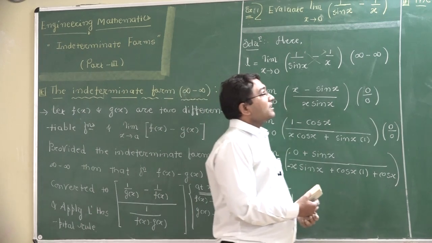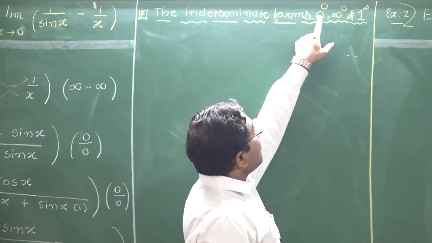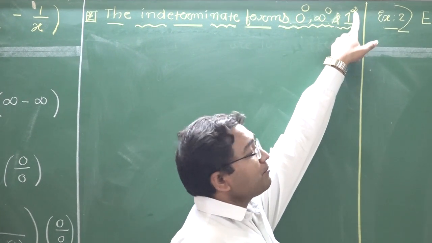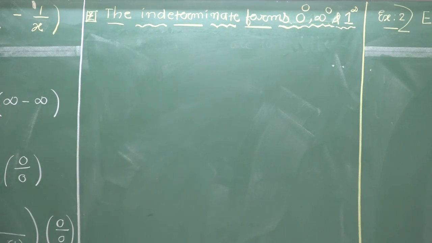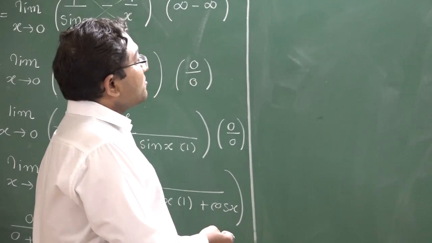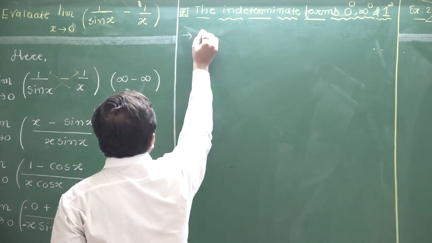Next we observe how to evaluate the indeterminate forms 0 raised to 0, infinite power 0 and 1 power infinite. These all have the same procedure to evaluate the limits of the given indeterminate forms. So first we check the rules and procedure. Let us see. Let